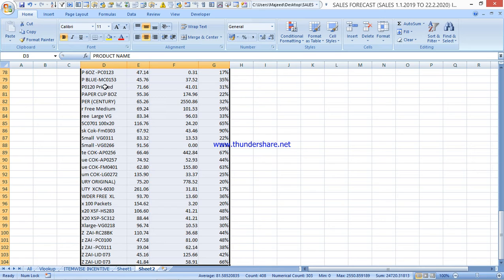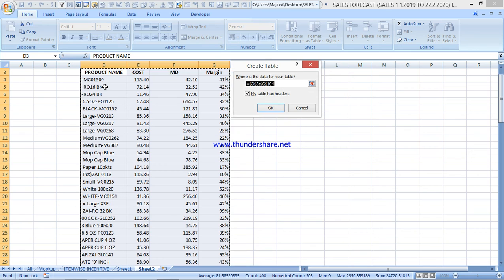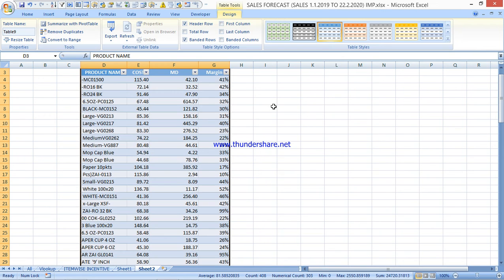Now the data is selected. Now use the shortcut key Control T, T for table. Check the option "My table has headers", then say OK. Now it is converted into a table.